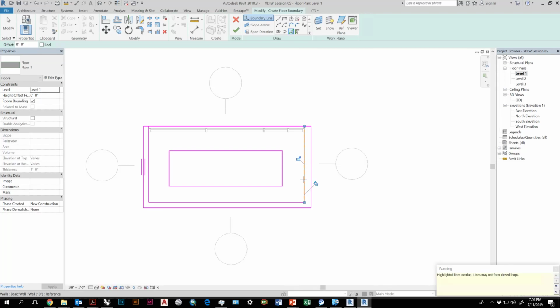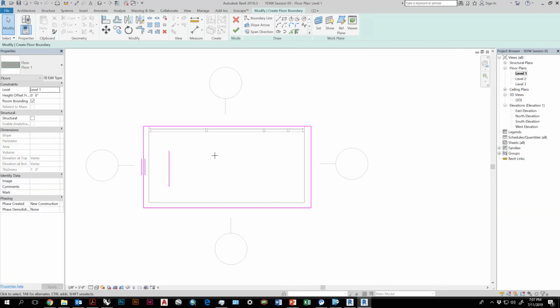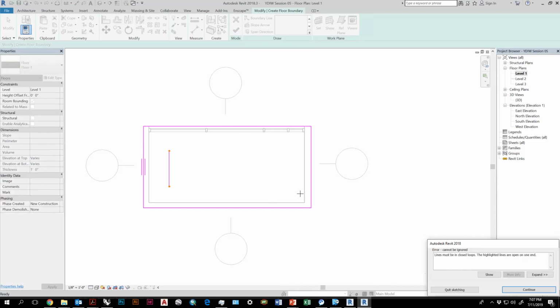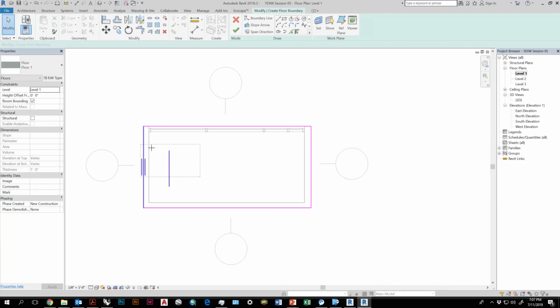I'm going to get rid of those lines though, because I do not need them. And make sure when you want to select, you go back to the modify tool, so you can actually go in and select things. But anyway, I'm going to delete this line right here. Actually, I'll delete these 3 lines. Now, to finish a sketch, you click on the check mark. Again, all objects in the sketch must be closed. So right now I have a line here that's open, and it's giving me an error that says lines must be closed loops. The highlighted line has an open end. So I'm going to hit continue and delete the part that's causing the error.